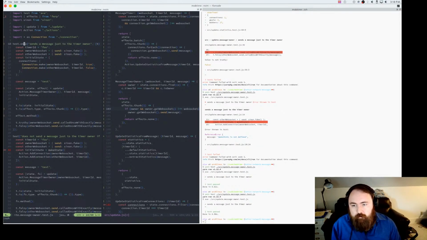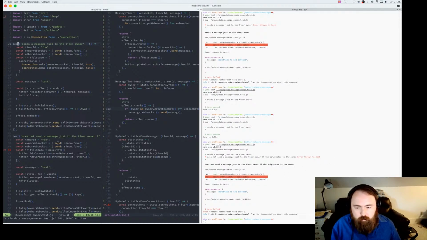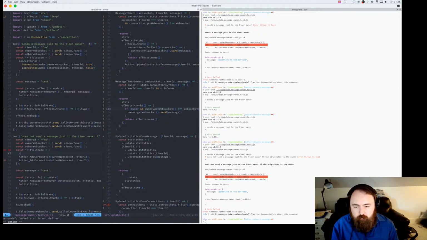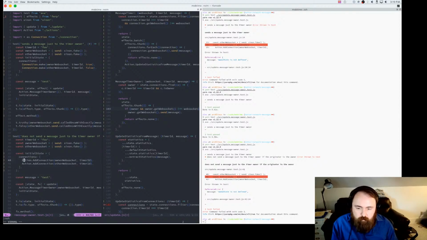Cool, so let's get rid of this dot only. Okay, and then we're back down to creating a proper initial state. So let's do that. Alright, and then we know that these two can, oops, let's use the right Vim shortcut, there we go.